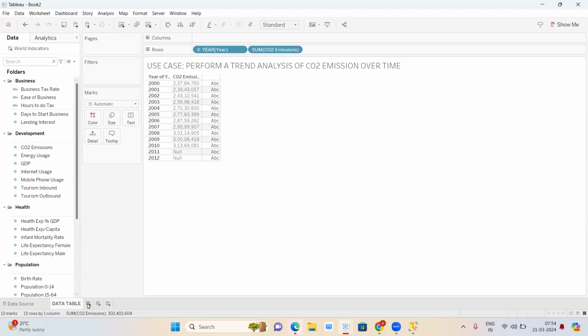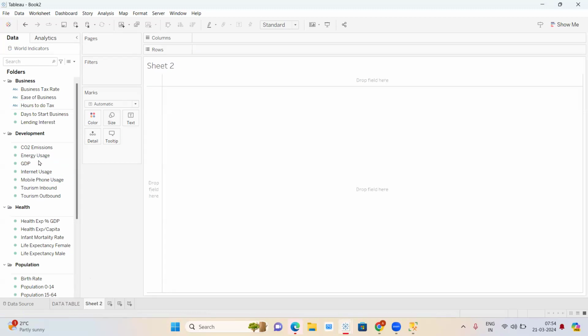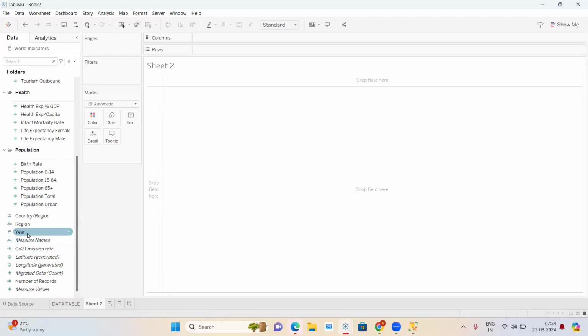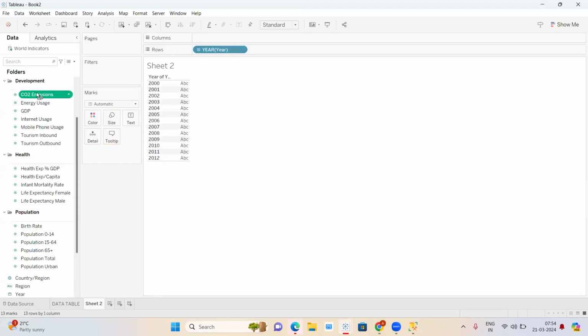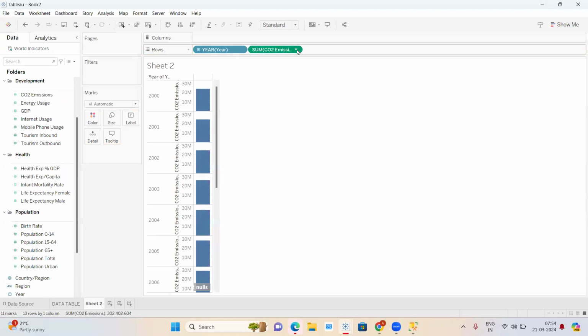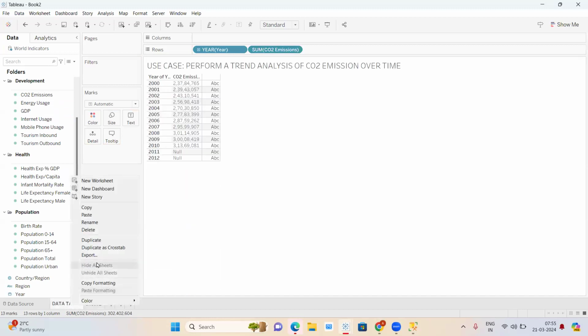I mean, I can go here and pull in the same fields like year and CO2 emission. But the second thing that I can do is right click and duplicate, and then I can change the name to trend